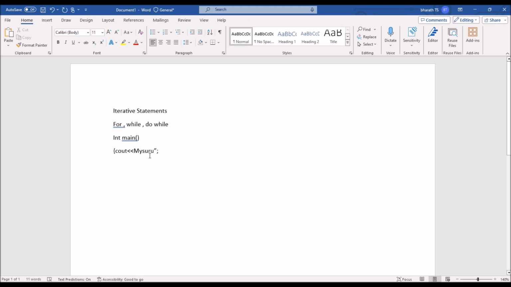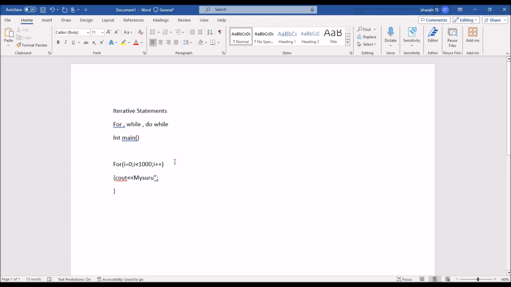That's not a proper programming style to do the task like that. I have to reduce the amount of work involved. Those 1000 lines I can print by giving only one line of for loop. Looping is nothing but repetition. So let me write it as for i equal to 0, i less than 1000, i plus plus.